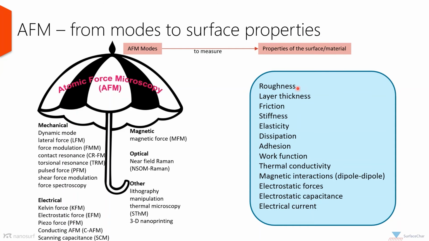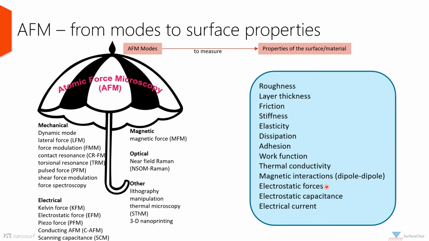For example, the surface roughness, which is still the most important surface parameter, for example for industrial applications. Layer thickness. Recently, becoming very popular are measurements of stiffness, elasticity, or adhesion, doing nanomechanics. But we can also address the work function, or for example,